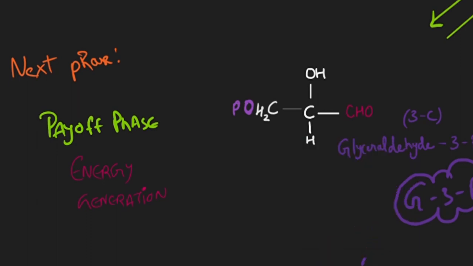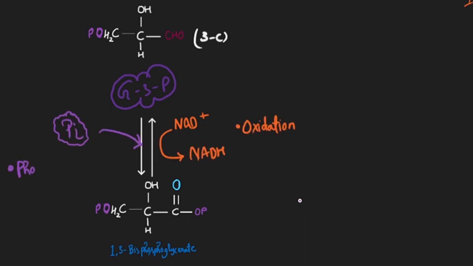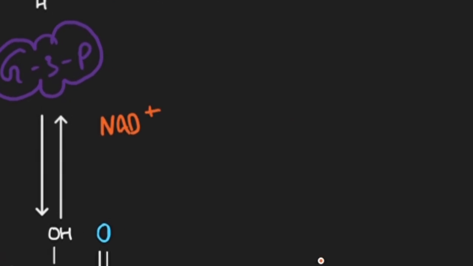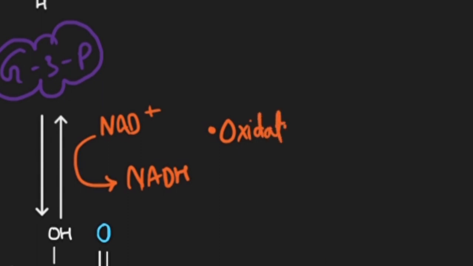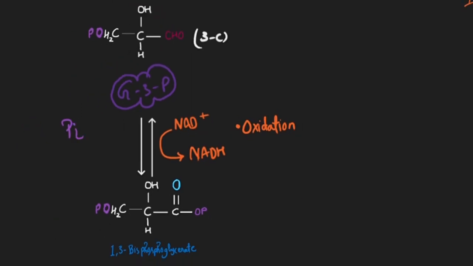द फर्स्ट रिएक्शन ऑफ दिस सेकेंड फेज इज ऑक्सीडेशन एंड फॉस्फोरिलेशन कंबाइंड. ऑक्सीडेशन हम अलग अलग तरीके से ऑक्सीडेशन को समझते हैं, but here more relevantly oxidation is the loss of hydrogen from glyceraldehyde 3-phosphate molecule, which will be taken up by NAD positive, which converts itself into NADH. Secondly, phosphorylation. Phosphorylation के लिए हमें phosphate group चाहिए जो कि यहाँ पर ATP से नहीं आएगा बल्कि एक inorganic